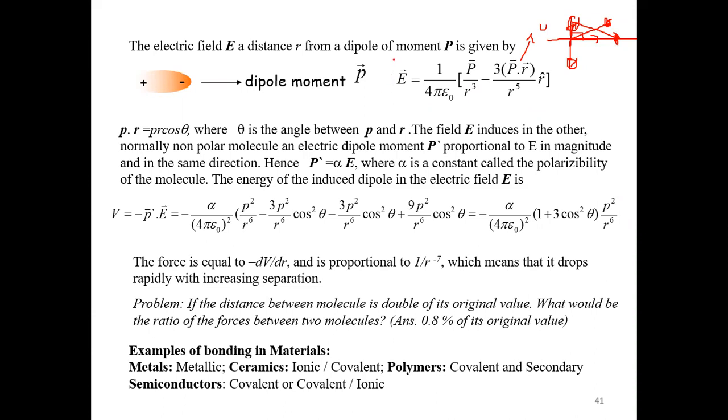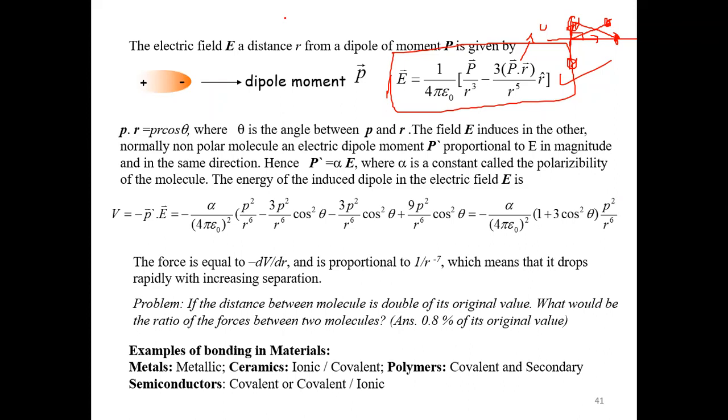Okay, so that's the electric field produced by the polar molecules. Now you see, every material, in every solid, has some moisture. Moisture means they have some water molecules. These are polar molecules. They will produce this electric field, and this electric field will be experienced by the other non-polar molecules that exist in the solid. So if you place a non-polar molecule in an electric field, what will happen?